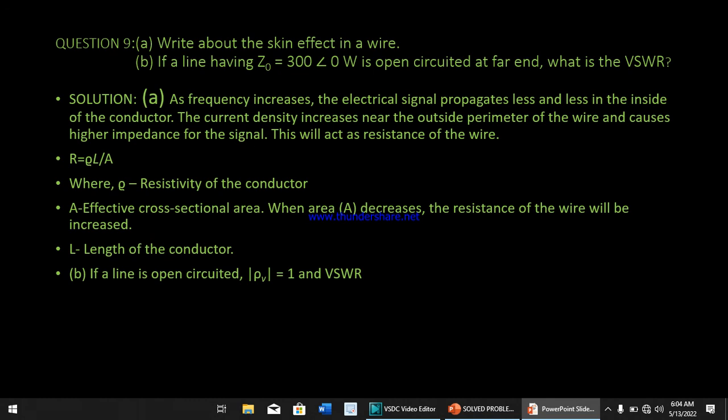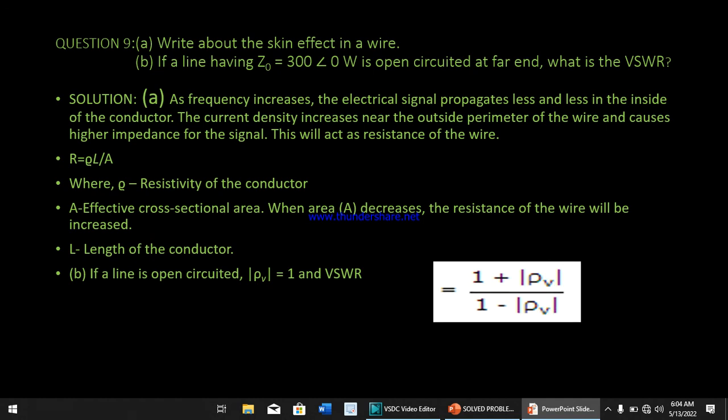So the B part, if a line is open-circuited, we have the reflection coefficient to be 1, and the VSWR can be calculated to be 1 plus rho with respect